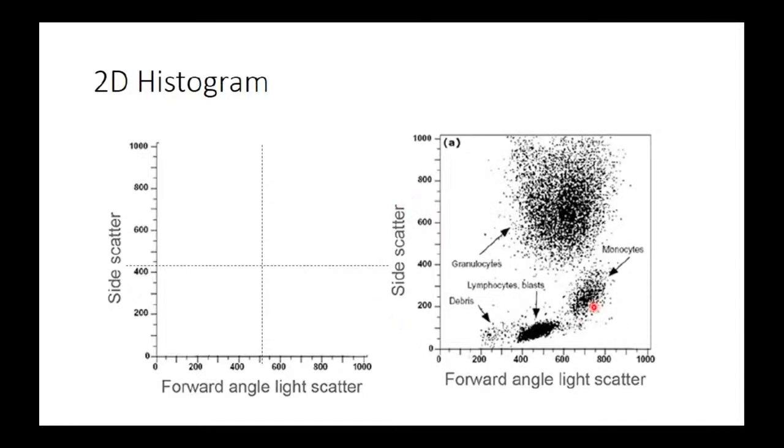So what we see here is an analysis of white blood cells. This is side scatter and this is forward scatter light. What we see here is a group of cells which are very complex, because they give high signal on the side scatter detector, and they are medium inside. They are not so big and they are not small, so they are medium inside. Obviously, these cells are granulocytes, because granulocytes, like eosinophil, basophil, neutrophils, are medium inside, but they are very